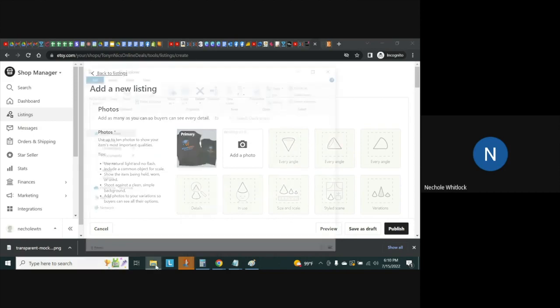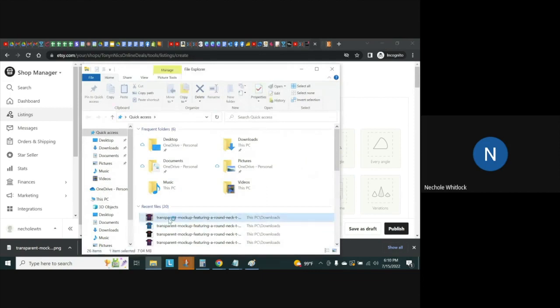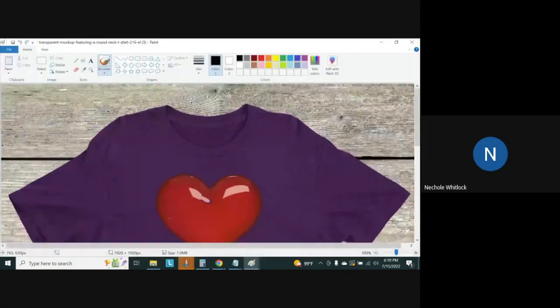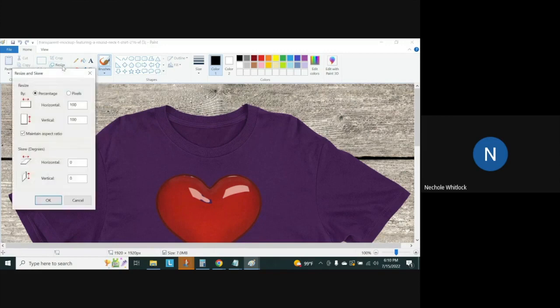Or you can go and click on the actual image. Oh, it opened it up in Paint anyway. I wasn't expecting that, but under normal circumstances, if you just click on it, it's not always going to open it up in Paint. The great thing about Paint is that you can resize it. In Paint, and even the Mac version, you can click on Resize. You go to Pixels, and you can resize it to the 2000 by 2000